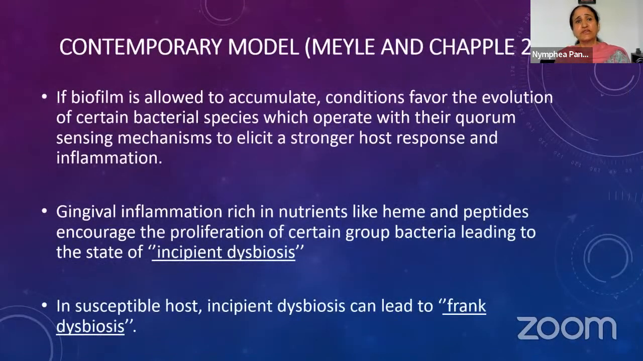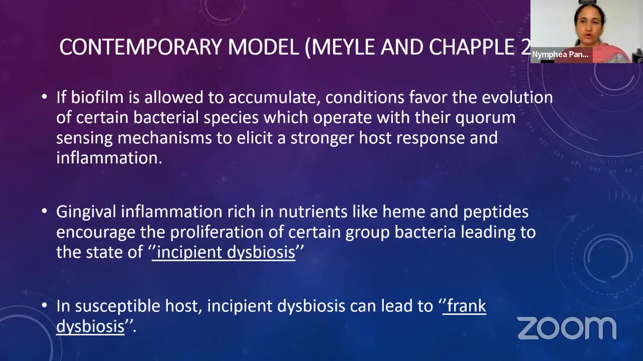Then in 2015 came a contemporary model, given by Meyle and Chapple. Again they said that dysbiosis is there, and there is incipient dysbiosis and there is frank dysbiosis. The difference was the concept that if inflammation is rich in nutrients like heme and peptides, it will initiate the incipient dysbiosis, but it will not go into frank dysbiosis if the host is not susceptible. It's only in the susceptible host that the incipient